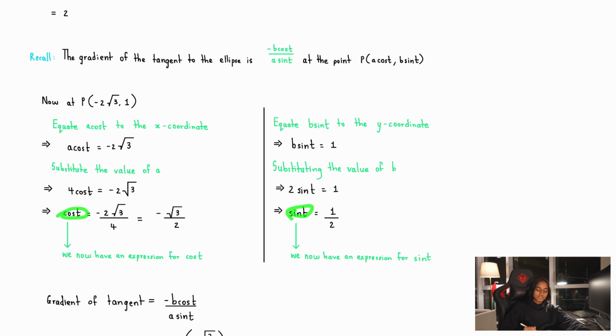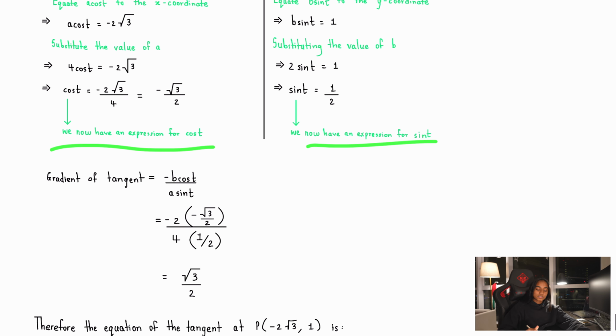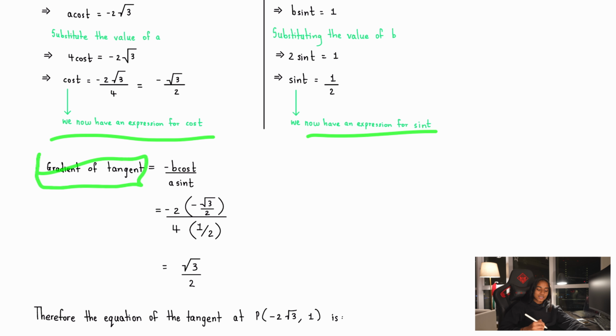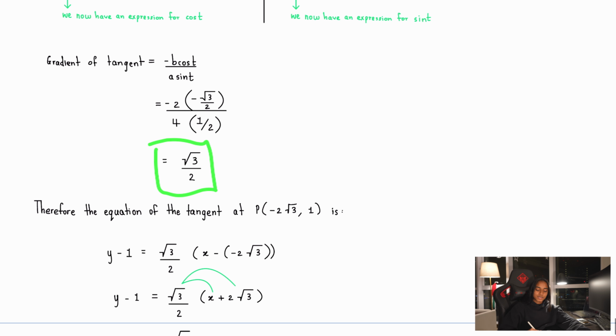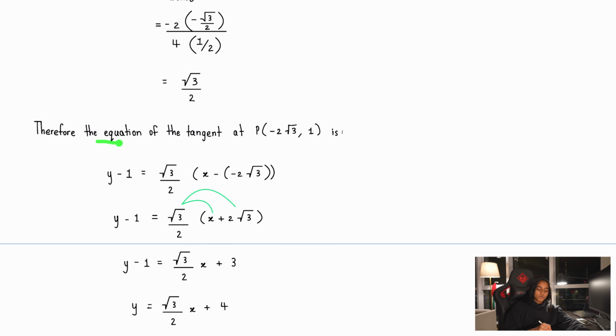and we're going to solve for cos t and sine t. So now that we have the expressions for cos t and sine t, we're going to substitute them to find the gradient of the tangent, using the formula we learned above. When we do that, we can easily find the gradient by substituting and then simplifying. Therefore, the equation of the tangent at this point is going to be, and remember all we're doing is substituting all our values into the equation, simplifying it to get our final answer,